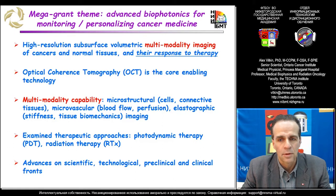The enabling technology was based on something called optical coherence tomography, something that's well known here in Nizhny Novgorod because some of the better developments of this technology occurred here as well as elsewhere in the world, as well as in my laboratory. So it was natural to combine our strength and the strength of the Nizhny Novgorod group to advance our cause. So the multimodality capabilities I'll show you later on was to look at